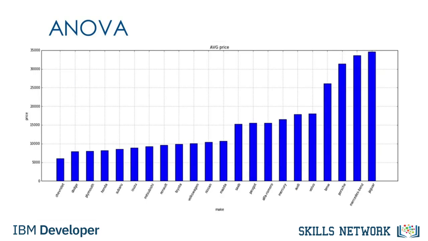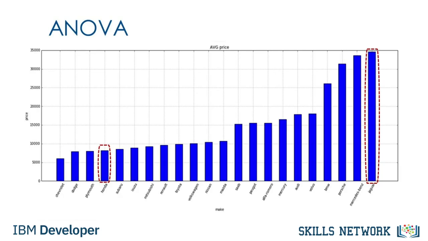Getting back to our example, the bar chart shows the average price for different categories of the make feature. As we can see from the bar chart, we expect a small F-score between Hondas and Subarus because there is a small difference between the average prices. On the other hand, we can expect a large F value between Hondas and Jaguars because the differences between the prices is very significant. However, from this chart we do not know the exact variances, so let's perform an ANOVA test to see if